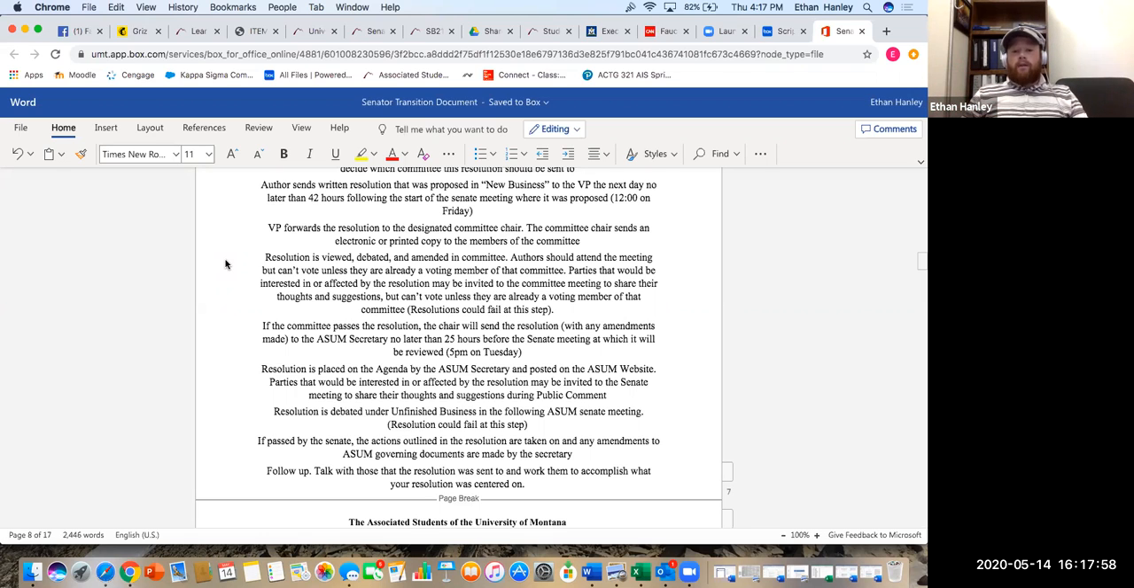Then the actions outlined in the resolution are taken. So if there are any amendments to ASUM governing documents, they're made by the secretary. If the resolution needs to be sent to anybody, the secretary sends it to people. If it's prescribing actions that the university should take, obviously the university can't be made to take those, but ASUM will act on them in the way that it advocates to the university administration, as well as the way that the Senate advocates to the university administration. And this is where the last part comes into play, because those actionable clauses that the university or other outside entities should take, they're not required to take since it's an ASUM resolution,